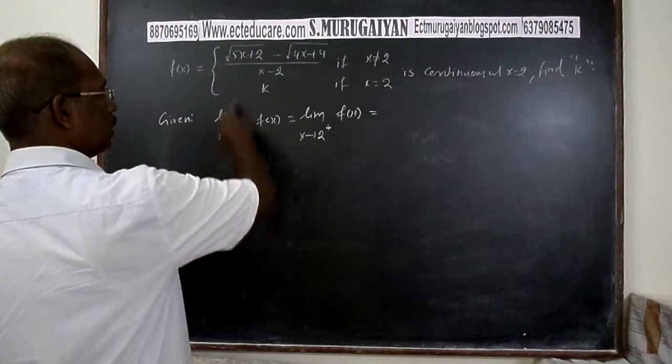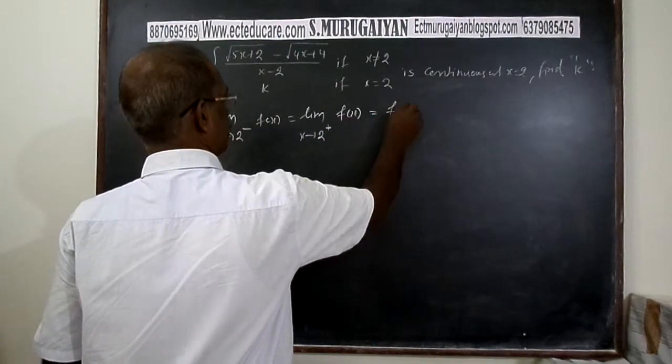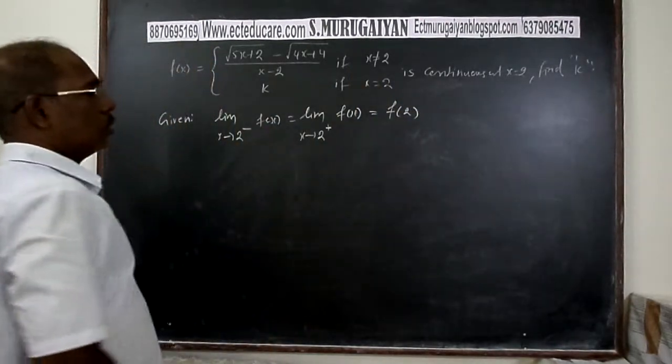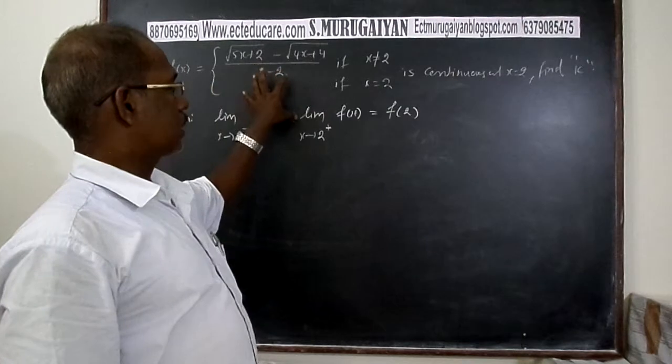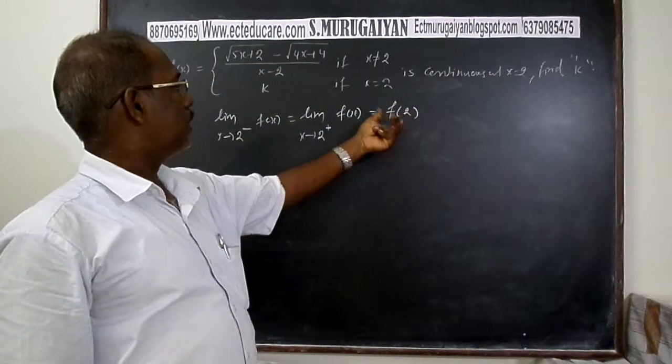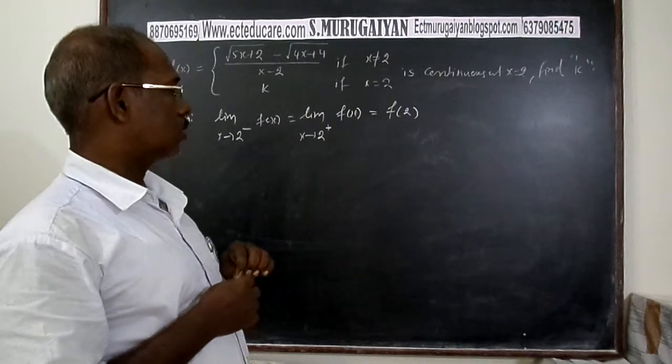The limit exists. The limit must be equal to the ordinate at the abscissa 2. So f of 2 must be the limit of the function. So f of a is the limit of the function,